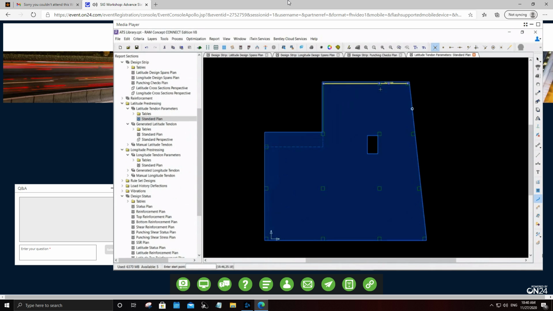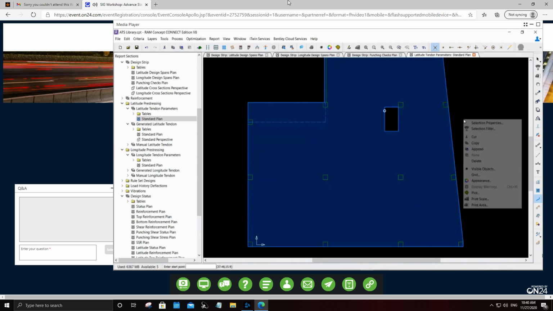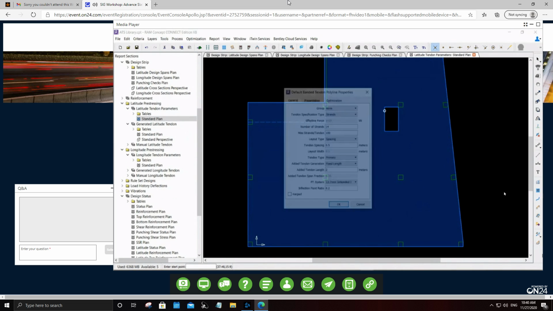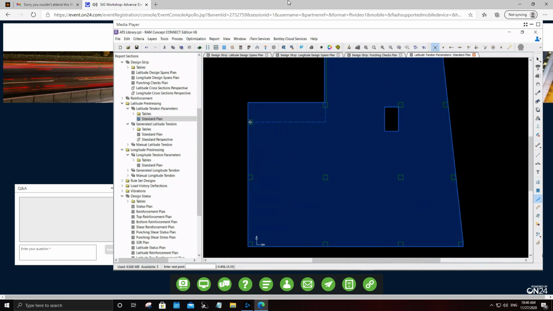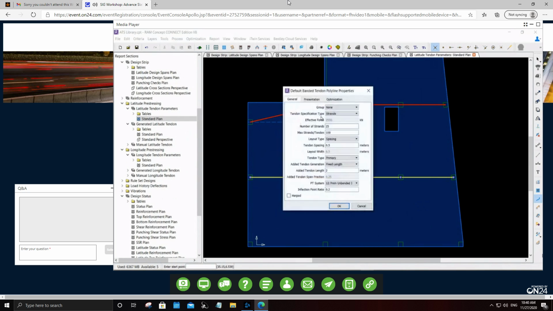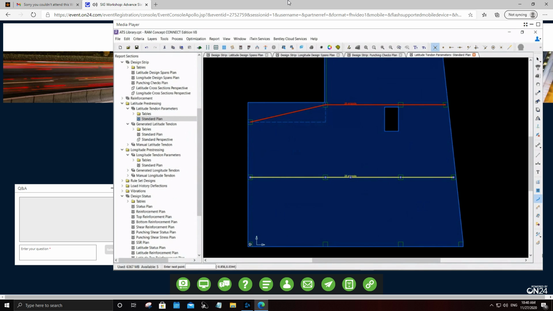And then I may need to increase at the middle of the slab. So I'm considering, let's say, 25 strands here. And these are just very rough estimates at the beginning. And again, same 25 strands for this pay as well. And now for here, I'll just change this back to 14, let's say. And then let me